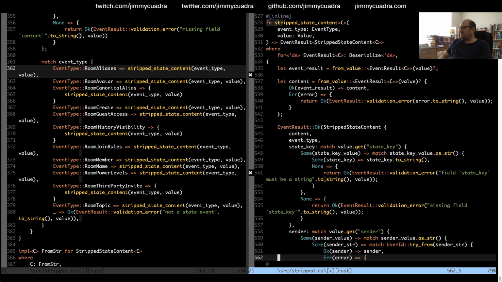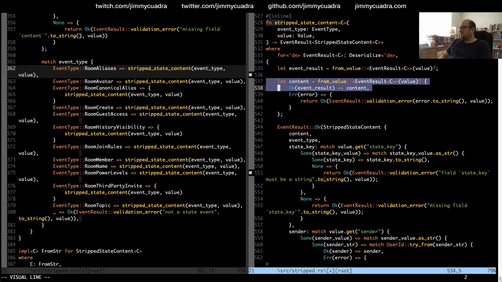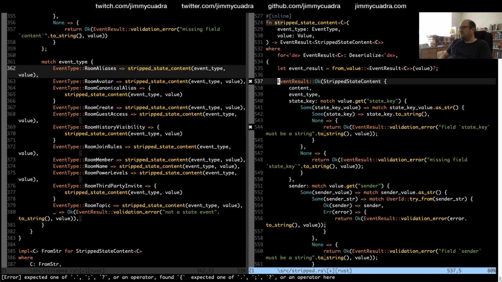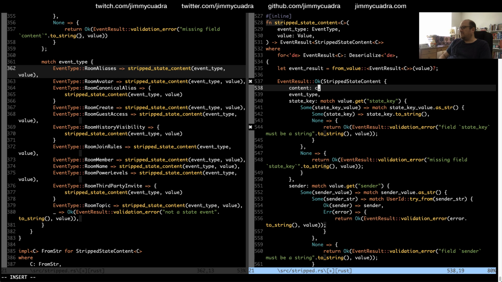Oh, I guess it doesn't matter, because stripped state content is generic. So this is really just content is event result.unwrap. Is that right? That'll pull out the inner content value.